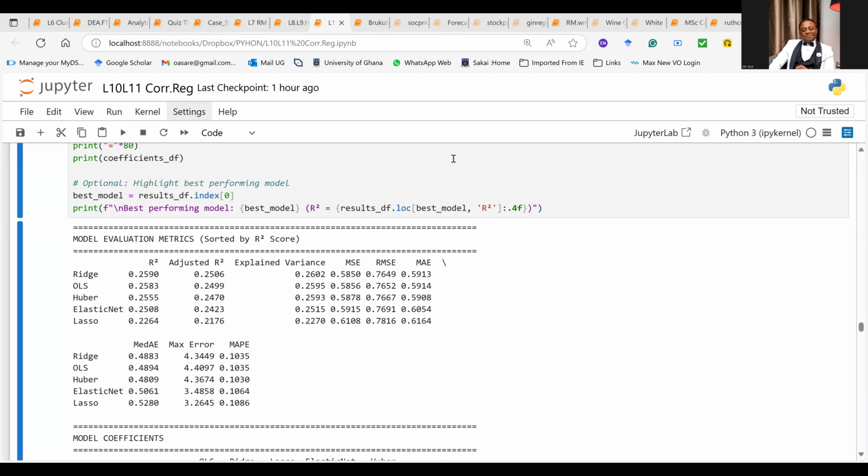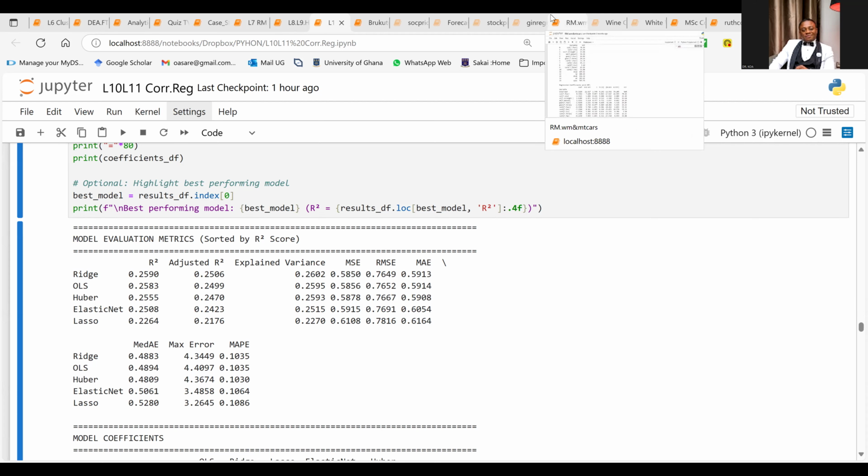Now, based on the MAE, based on the mean absolute error, which model is the best? Which model is the best? Rich. It's not Ridge.